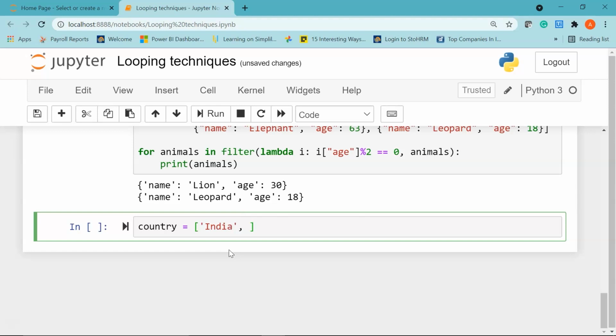I'll say India. Let's say my second country is Canada, and let's say my third country I have is Brazil. My fourth country I have is Japan, and then we have, let's say, Israel.